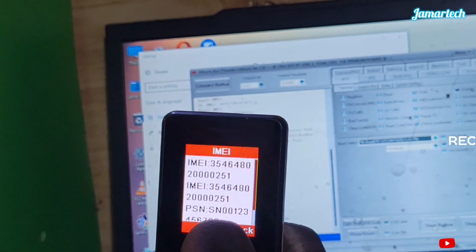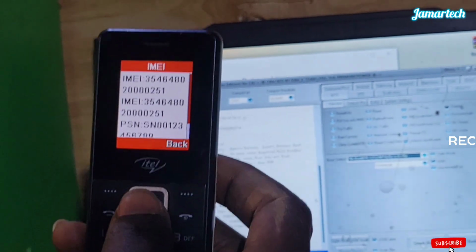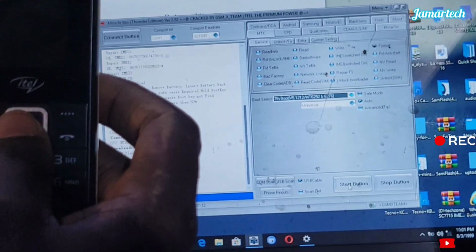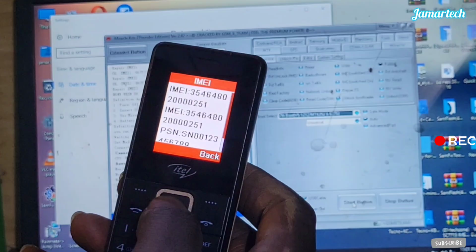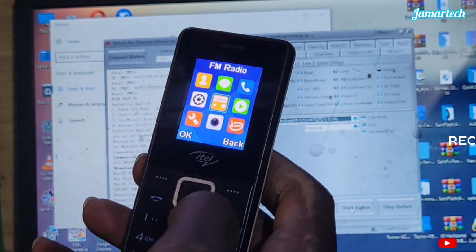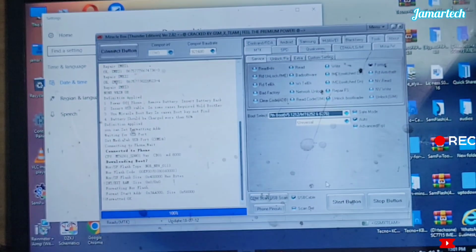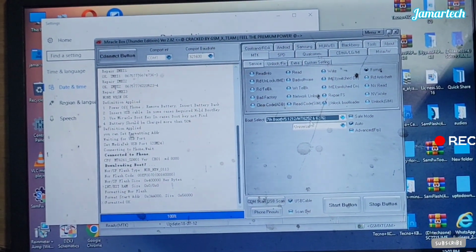So what you do? Going to flash it. We're going to flash it. What we're going to do, we're going to repair serial number. We're going to repair Imei. So what you do here, you come here on your